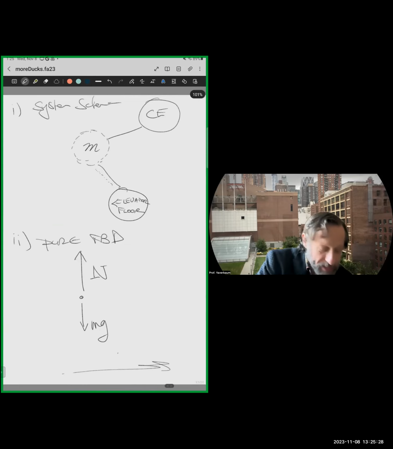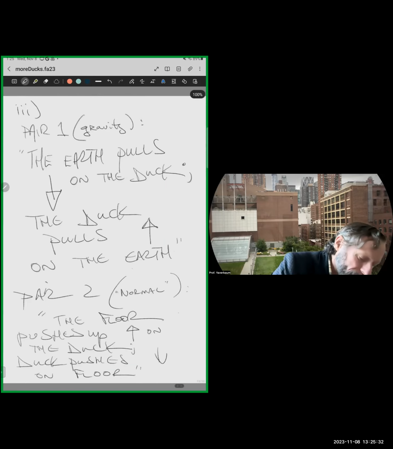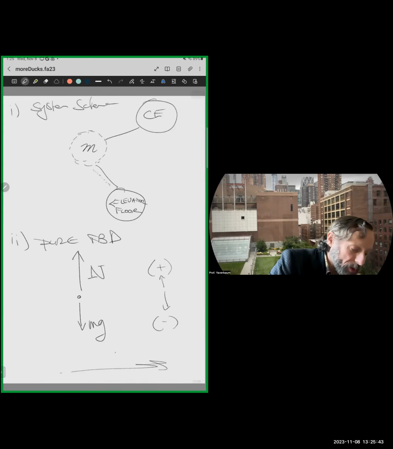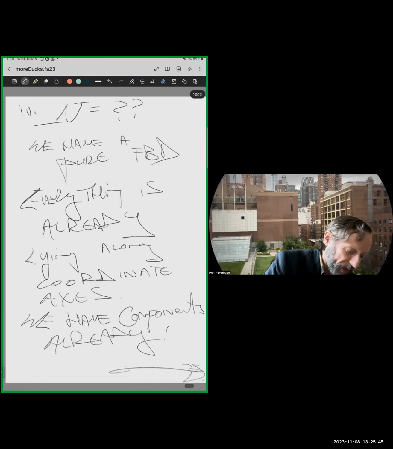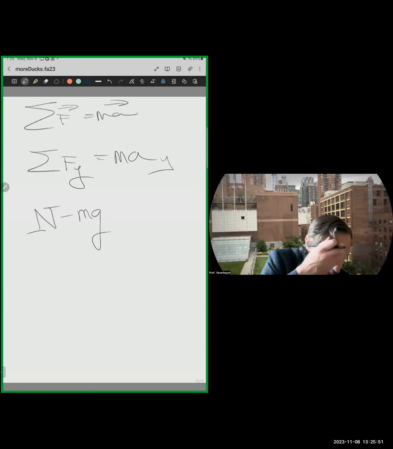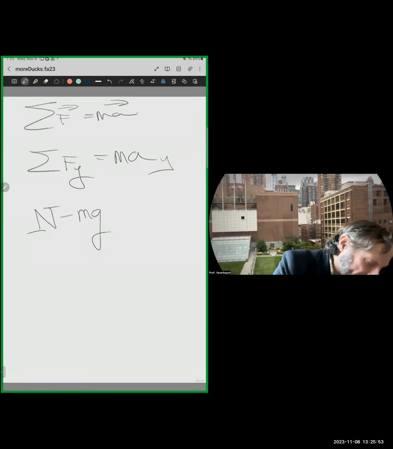Here's our diagram. It's very simple, right? N up minus mg down. I mean, we'll call this up and we'll call this down. We'll call up positive, we'll call down negative, right? So it's a seemingly simple diagram. That's nice. So we literally say N up plus mg down. So mg gets a minus sign